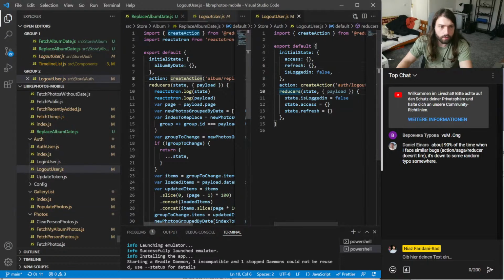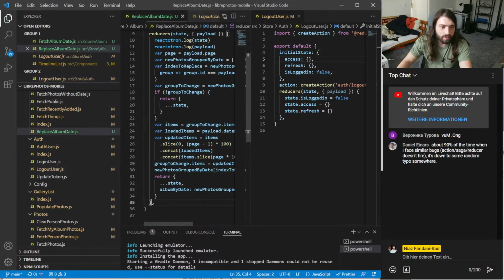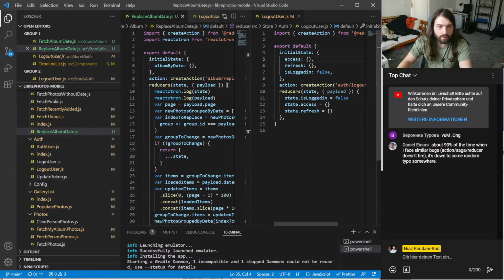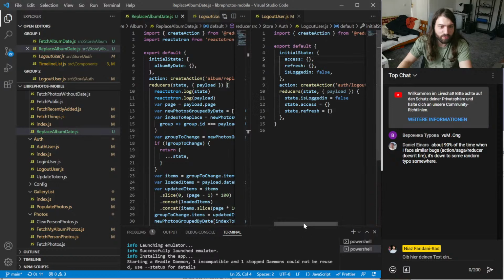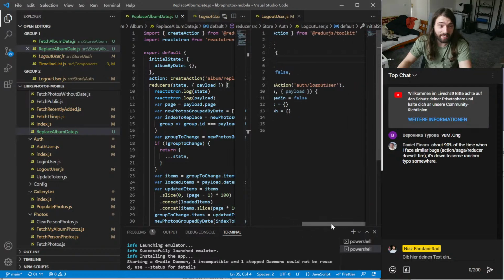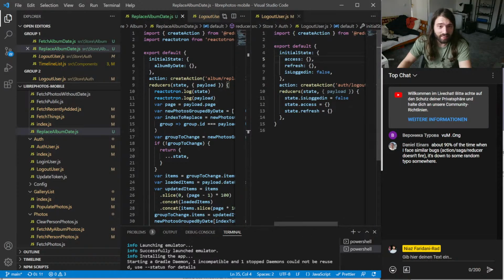So reducer, create action, initial state. Did I set a bracket wrong? No. And logging in definitely works. So that's super frustrating.